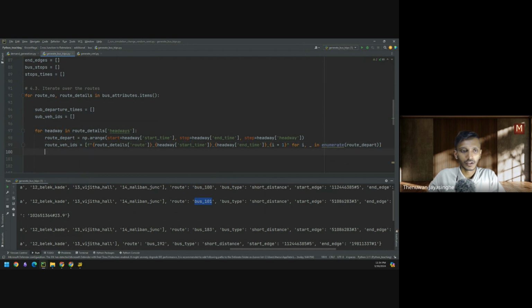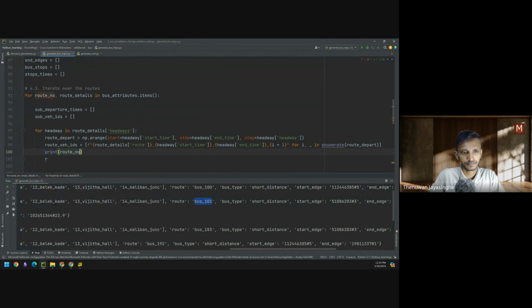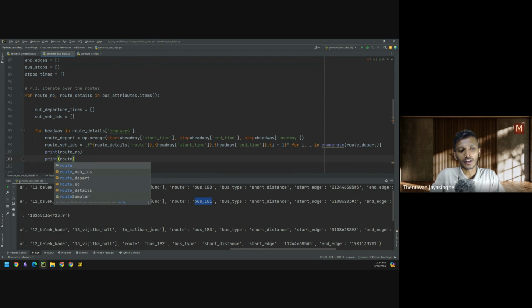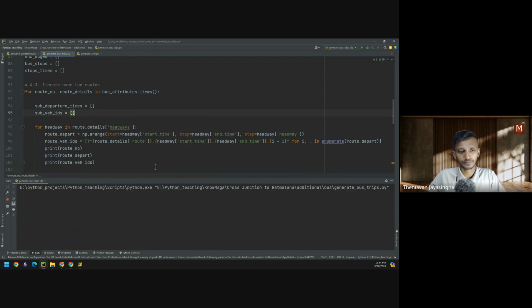So let me print route, I'm sorry, it's route number, and I can capture the route depart and route vehicle IDs. So if I run this now, you can see